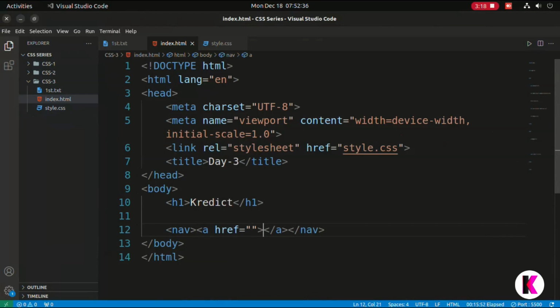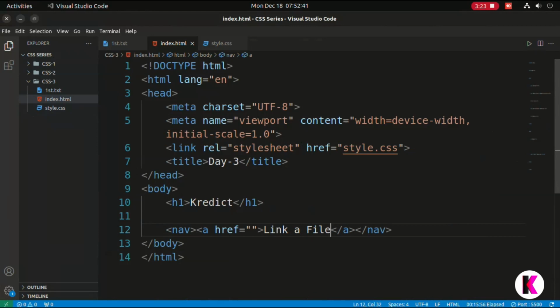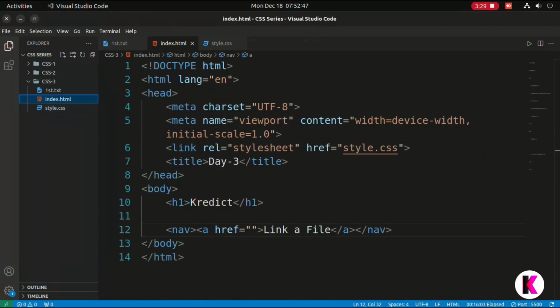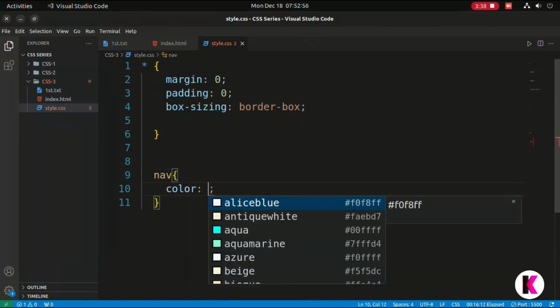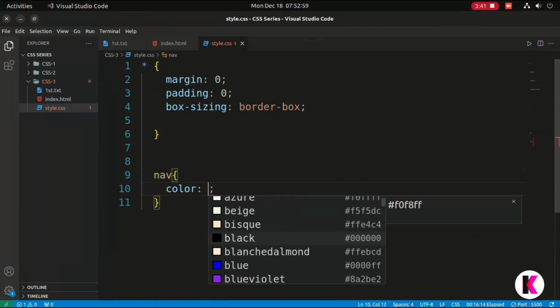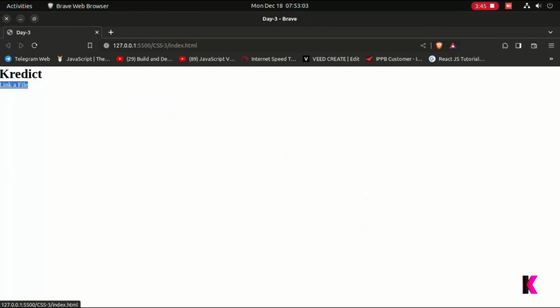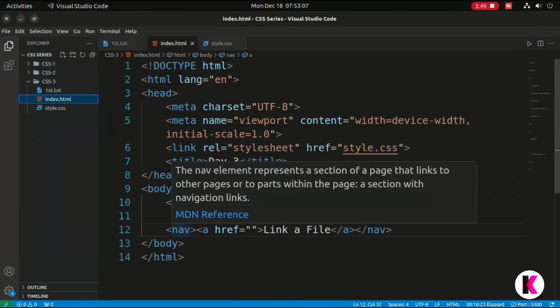So now I will write here a link. So first we will just remove the color here. If I write nav, color is anything blue, you can see the link color will not change, because I selected only nav.